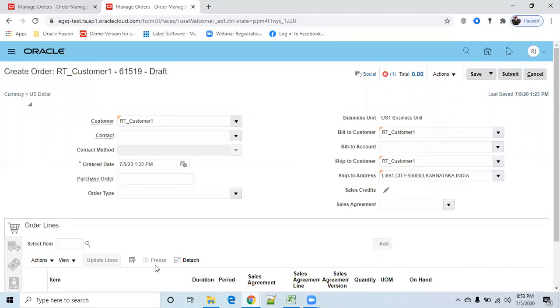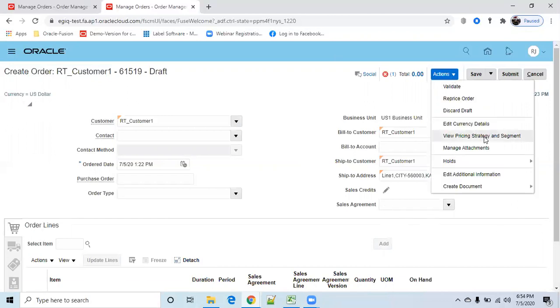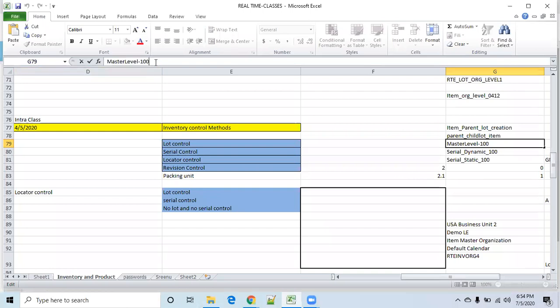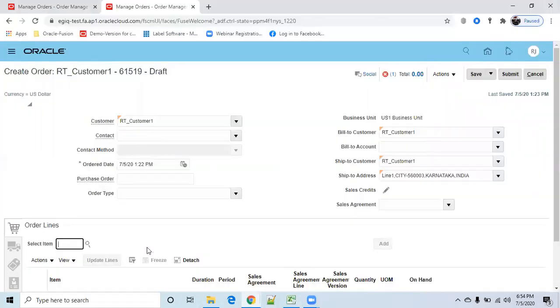Select your item. No, see, once you select your customer and go and view this pricing strategy, based on this customer, the strategy has to be changed, but it is not changing actually. Even we tried, right? Even after you selected the item, it is not coming. Somewhere something is missing still. When you select this, automatically system will show the prices here, but it is not showing at all.